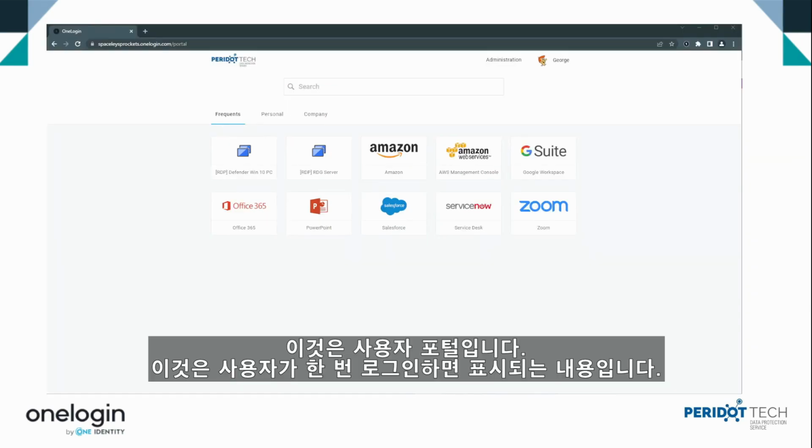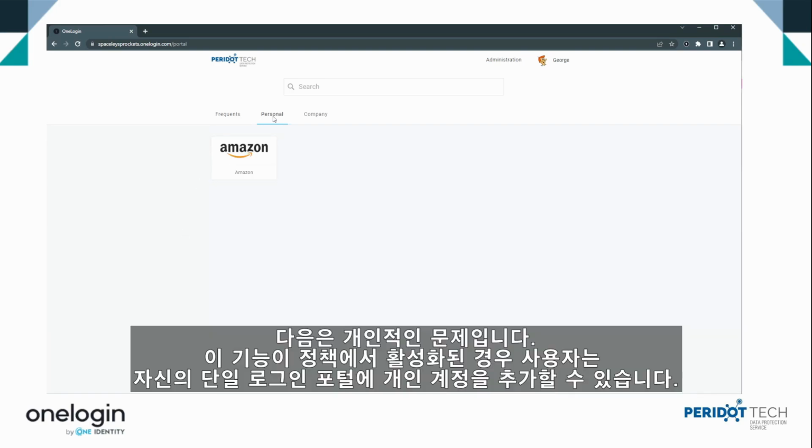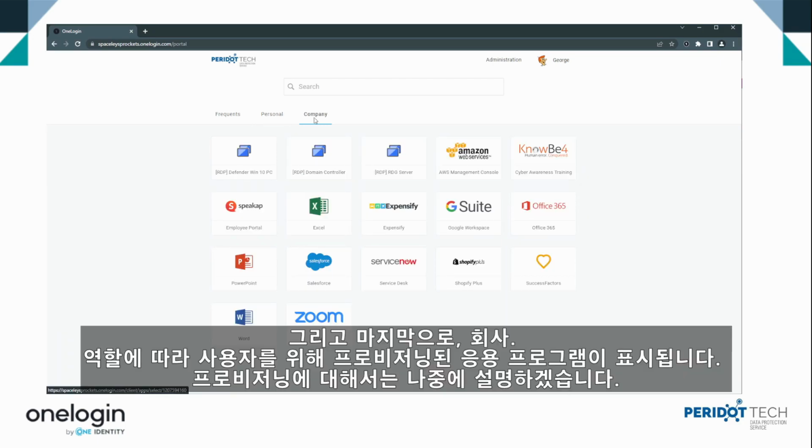This is what the user sees once they log in to OneLogin. There are 3 areas within the portal. The first is Frequents, which lists the 10 most frequently accessed applications by the user. The next is Personal. If this is enabled in the policy, this allows users to add personal accounts to their own OneLogin portal. And finally, Company. This shows the applications that have been provisioned for the user based on their role, and we will talk about